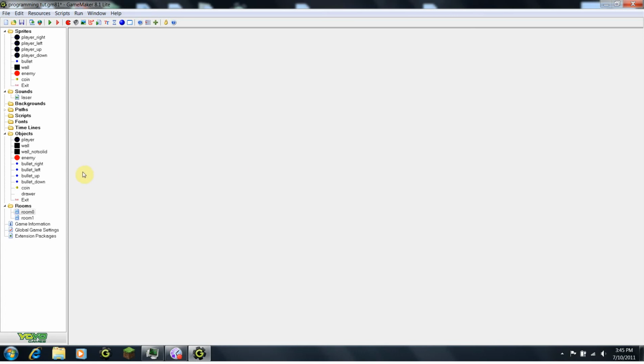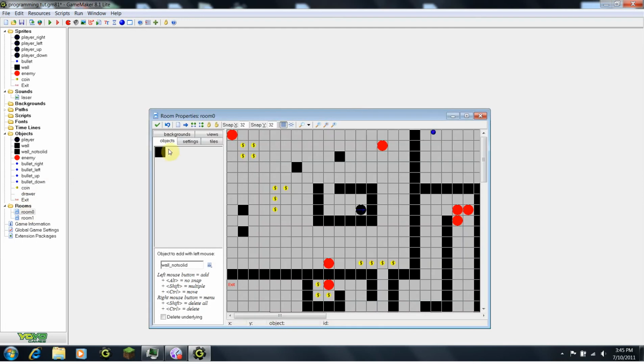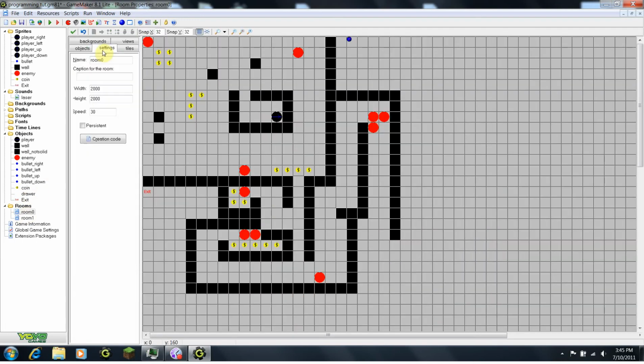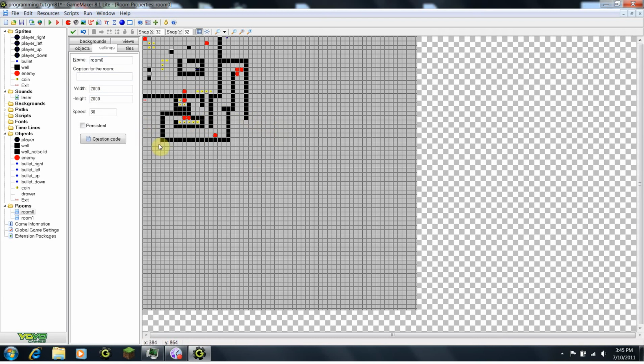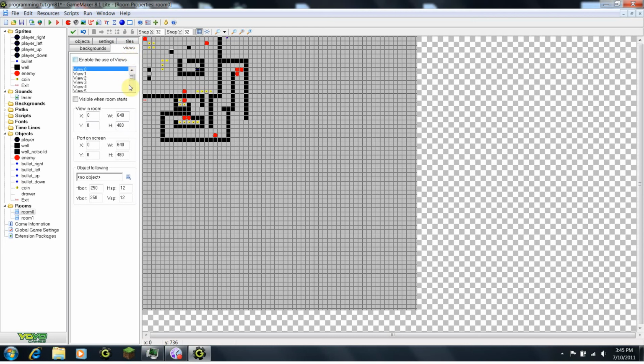So the first thing we're going to do is go into our room, and oh wait, if you go under settings you can change how big the room is. I set it to 2000 by 2000. So the first thing we're going to do to make it so we can see just what we want to see is go into Views, click Enable Use of Views, click Visible when Room Starts,